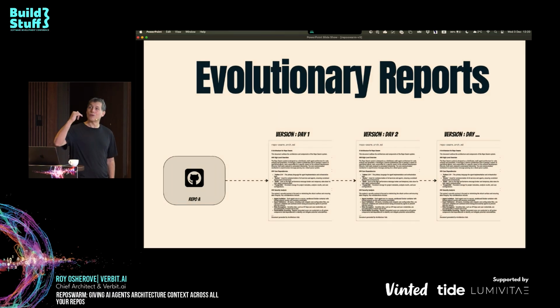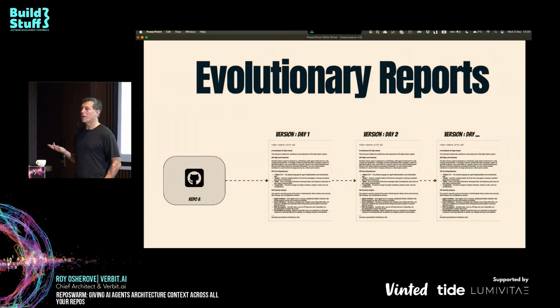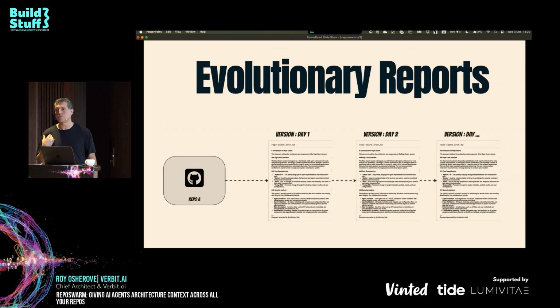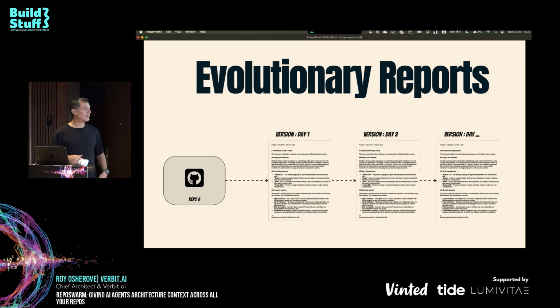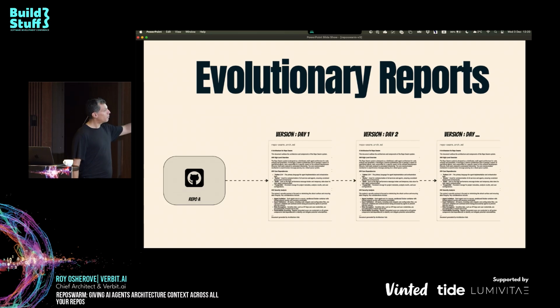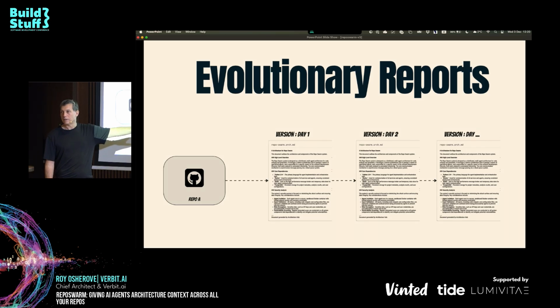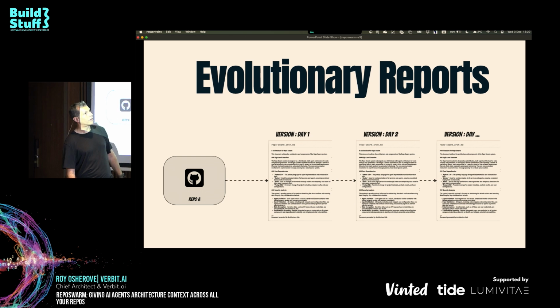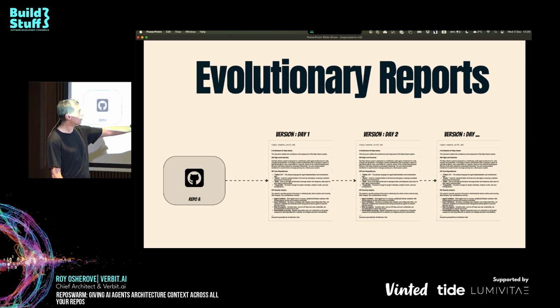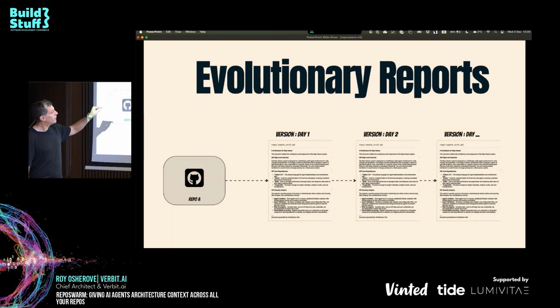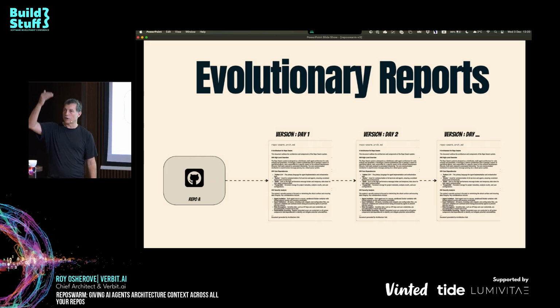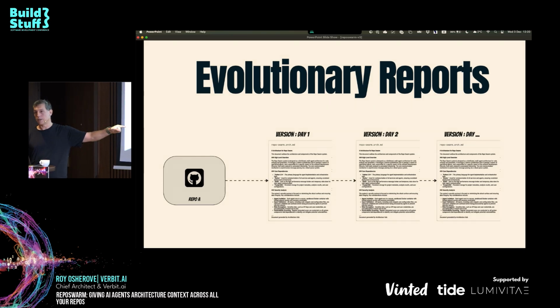But I'll show you another cool thing that I came across just in the past few weeks, because we've been running this at our company for probably the past six, maybe more, months. Think about the fact that every day, if there are new commits, each repository gets its own version of the architecture document, right? And then the next day, there are new commits, so the architecture hub gets regenerated. So now you have not just an architecture snapshot, you have architecture history.